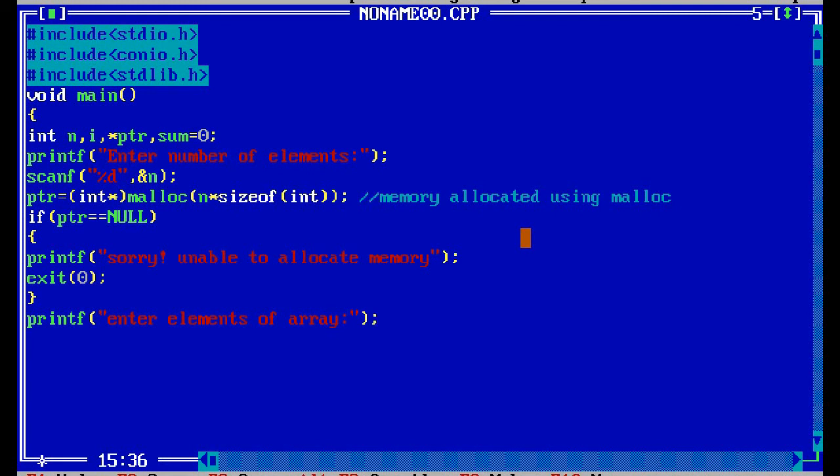If it is not null, it will directly come to the enter elements of array.